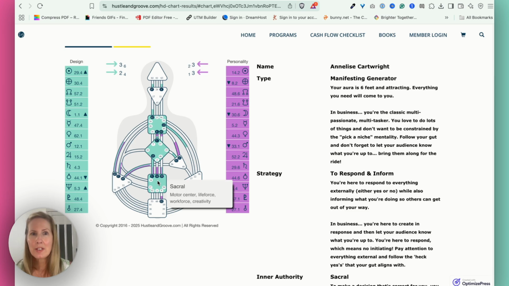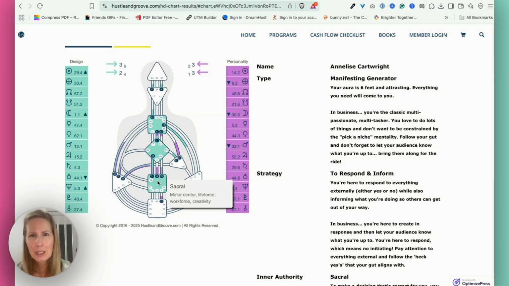Now, if you want to get something off the ground and up and running, then just go out into a cafe or something like that and know that you'll now be interlocking with a generator or a manifesting generator, and you'll be feeling that energy in your sacral, and that is going to activate those gates that are there, and you'll just have this burst of energy. You'll know it as soon as you're in their presence. That's a pro tip. If you don't have a defined center, all you have to do is go out into the world and you'll be exposed to people who have that.